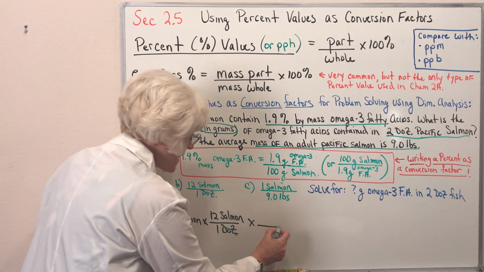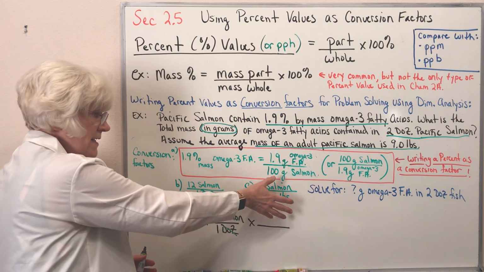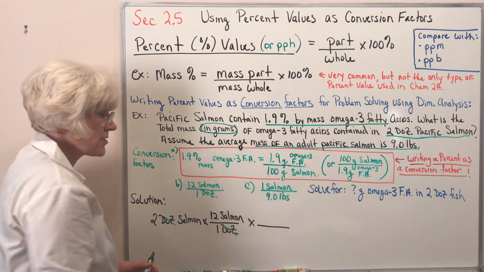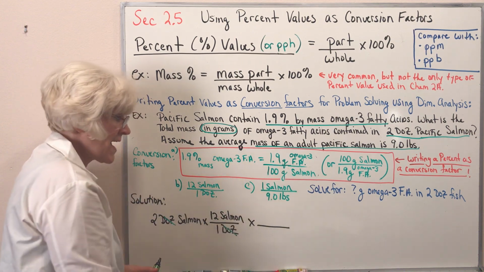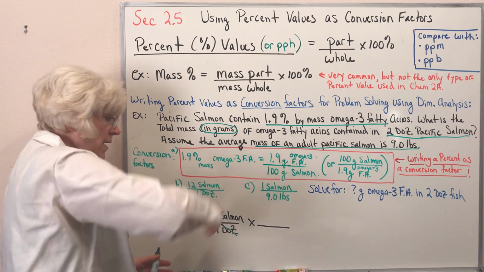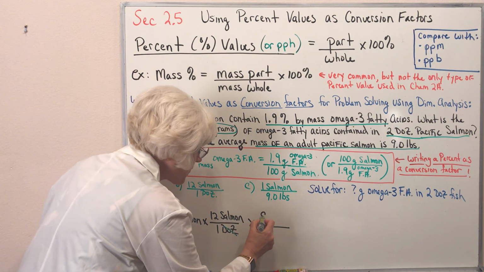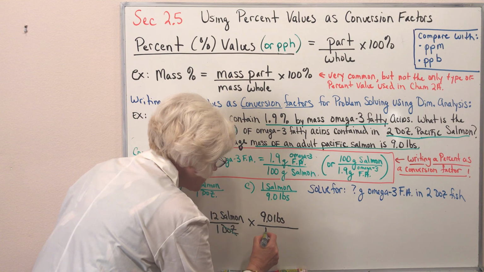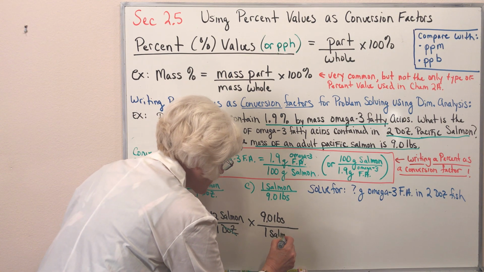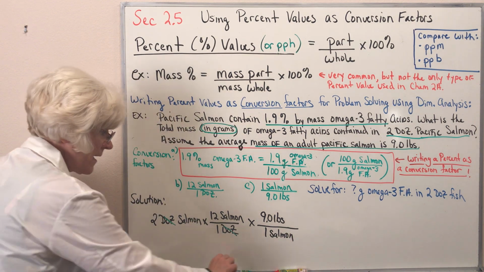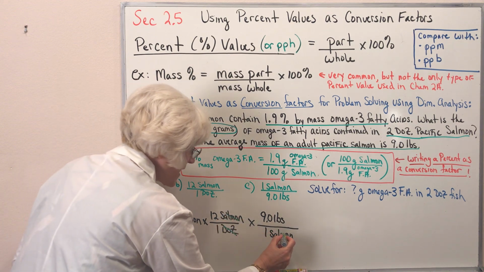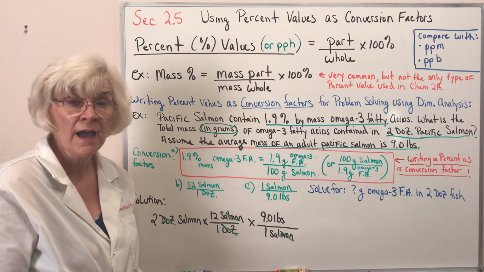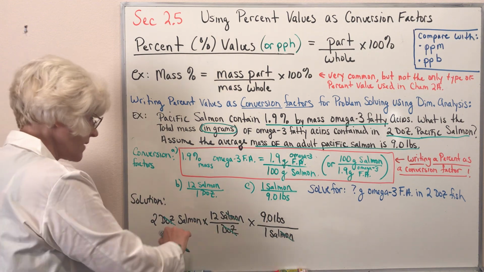I see that I need my salmon unit to cancel, so I am going to take this conversion factor, 1 salmon has a mass of 9 pounds, and write it in its inverted form. 9 pounds to 1 salmon. According to the dimensional analysis, if I stop my calculation right now, I know the total mass in pounds of